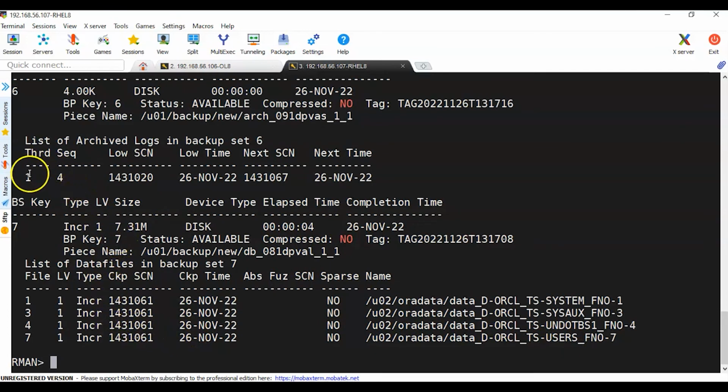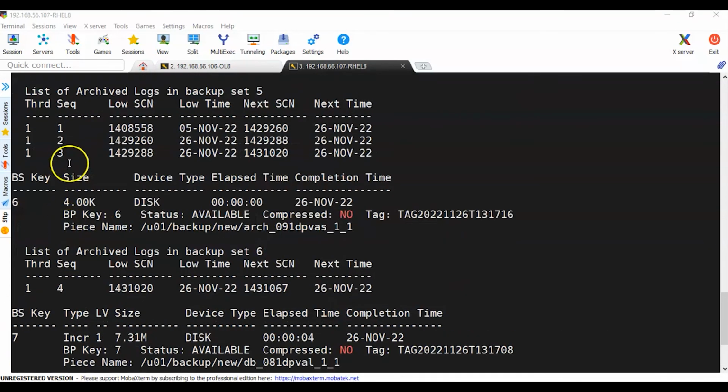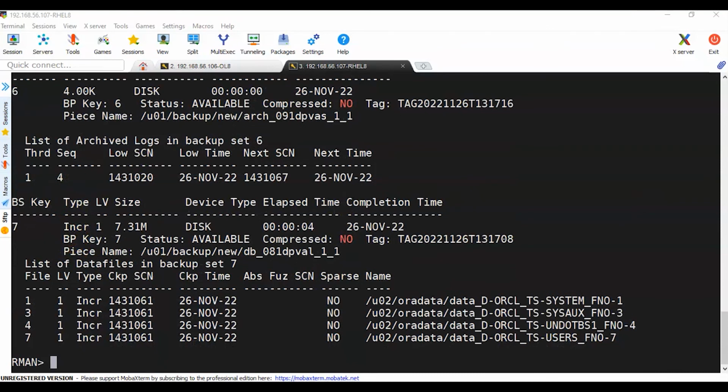What we want to see is the thread and sequence. So thread 1 with sequence up to 4. As I mentioned to you, in our script, we may use until and mention the sequence +1. So if the maximum sequence here is 4, we can use this sequence +1, so until 5, for example, or